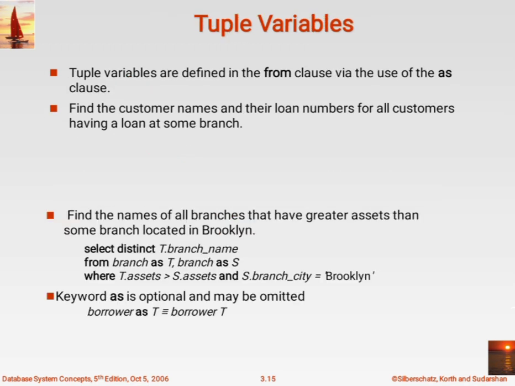Then I have the tuple variable. What is the use of a tuple variable? It is like rename only. Whenever I want to use a simple variable for a complex attribute, at that time I can use this tuple variable. For example, select distinct t.branch. Here you can read this particular query. I want to remove the duplicate entries from t.branch. But what do you mean by this t? You can see from branch as t, means this branch I am reading as t, and from branch as s. So I am going to create some tuples of that. Okay.